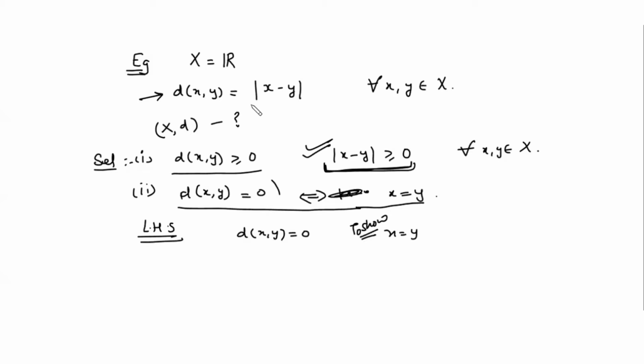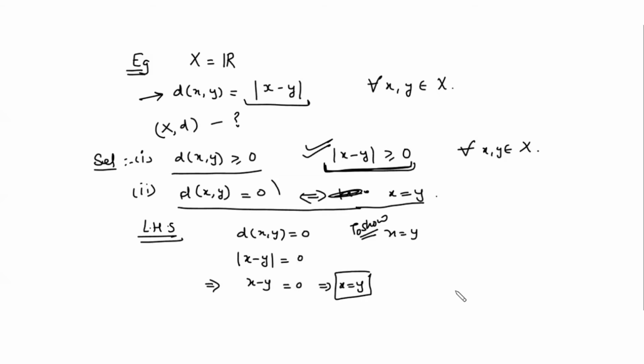Now how is d of x y defined? It is defined as mod of x minus y. This is 0. In case of mod, we know that mod of any number will be 0 only when the number is 0. So this means the inside number is 0,